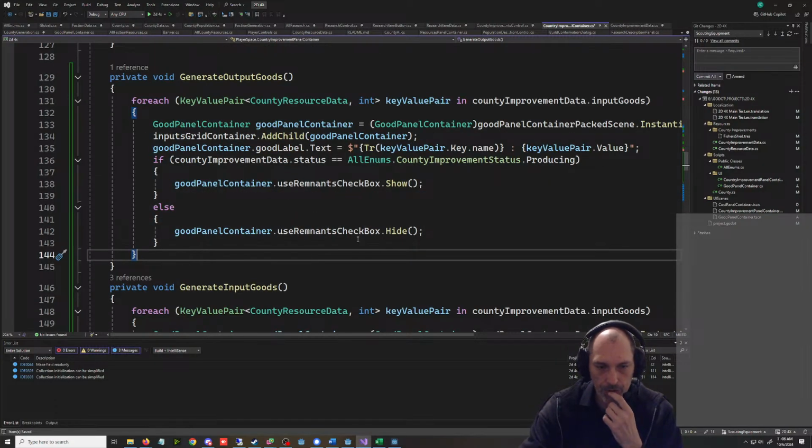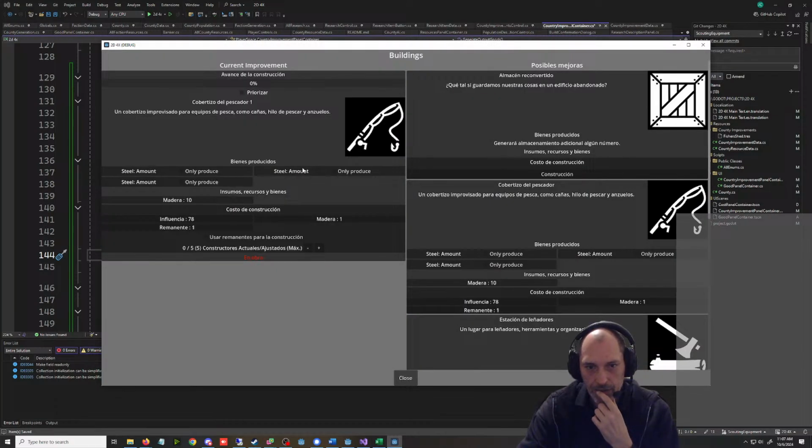So use remnants is always just going to be hidden. Did I have use remnants over here? No, we have a new thing called only produce. That's why there were 3 of these different things. So for only produce,